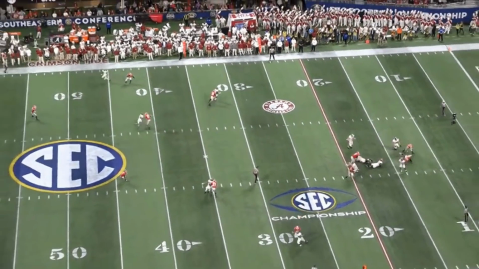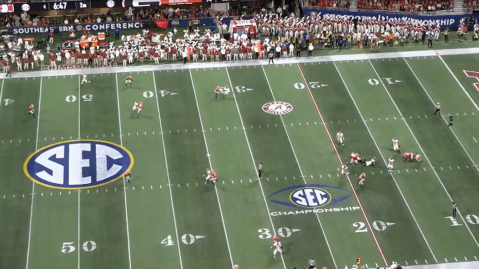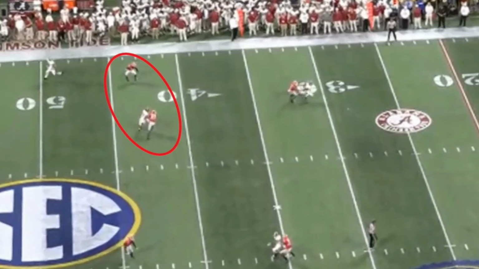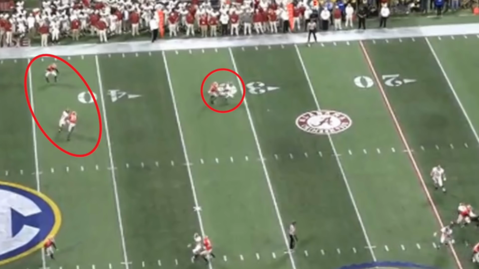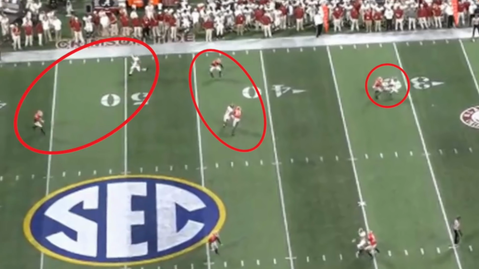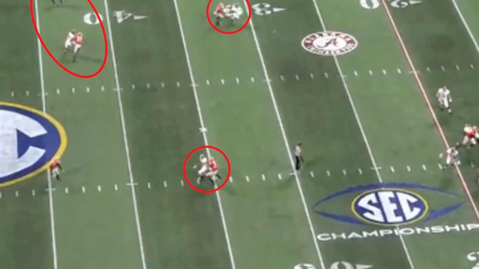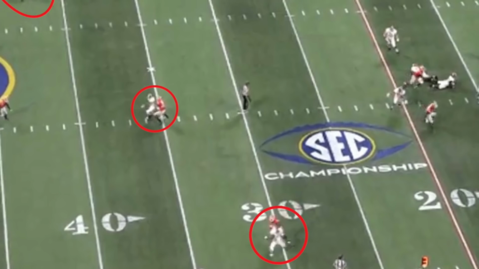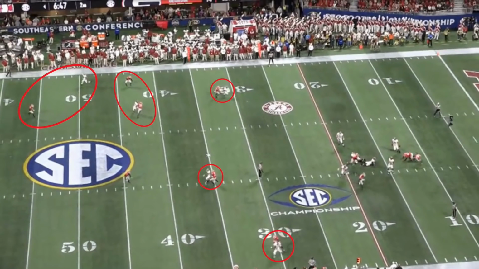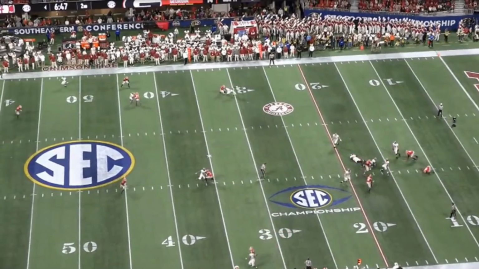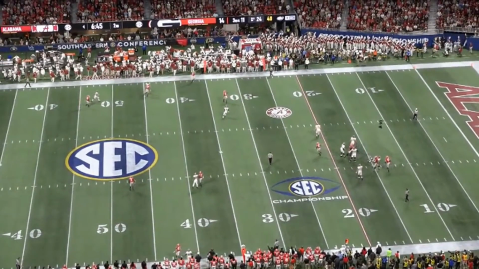By the time Tua avoids some pressure and gets back on platform, the situation is even more dire. The corner peeled off that 9 route and is now sitting on the deep 7 as a bracket. The snag out is blanketed, the 9 route is capped by the safety, the backside dig is covered up, and so is the running back on the wheel route. There is literally nowhere to go with this ball, so Tua finally just admits defeat and he tries to throw